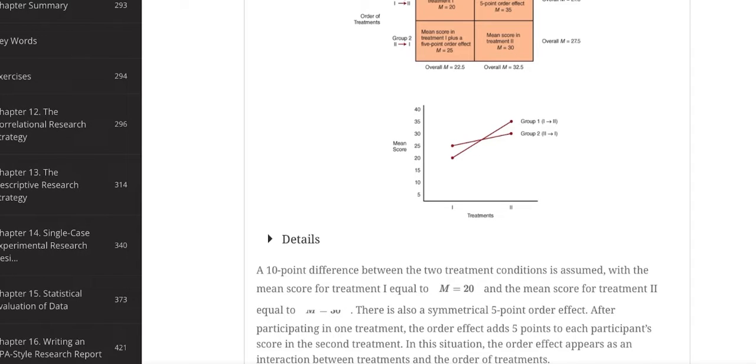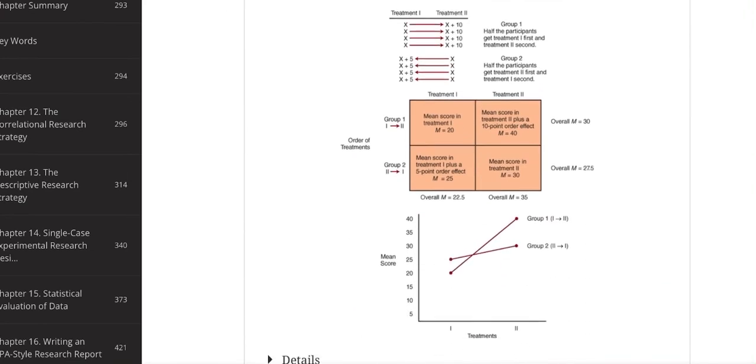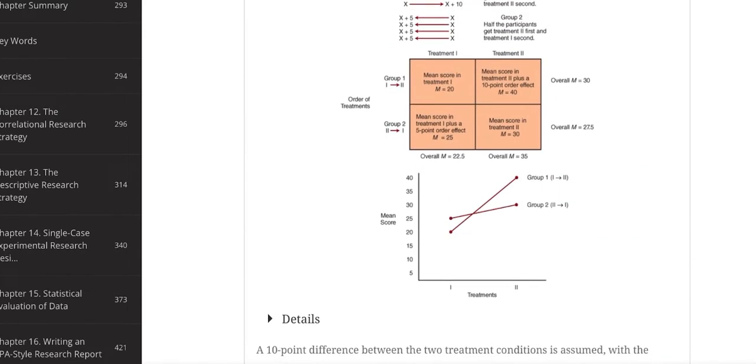They were symmetrical, right? But if you look here, they are not crossing at their midpoints because it is not symmetrical, okay? So the order effects are not equal across both groups. And if you look at the means within the matrix there, you can see that the order effects are not the same. And if you look at the little diagram above that where it's telling you how much the order effect changed, either by 10 or by 5, that shows you as well what the order effects were. What I want you to notice here is that